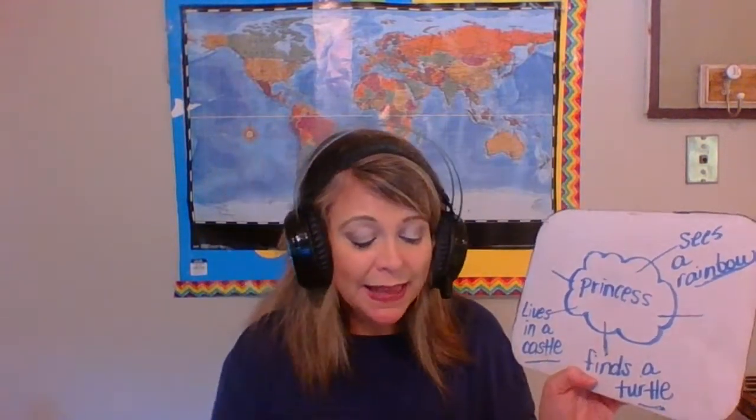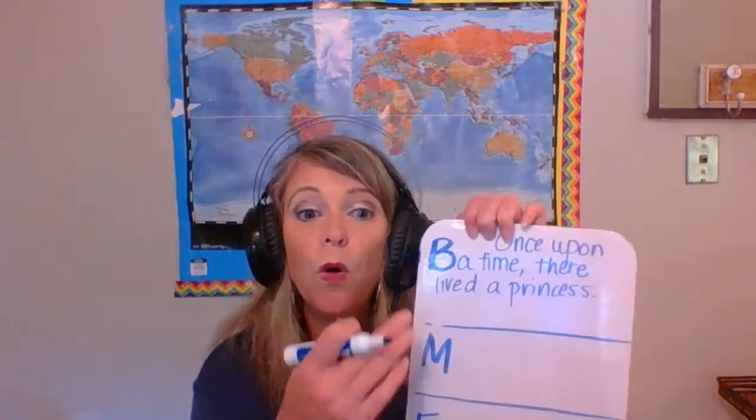All right, so in the beginning of the story, I want to introduce you to my character. So I'm going to start my story out with the words, once upon a time, there lived a princess. Her name was whatever, okay? Bella. Bella liked to go outside. She loved animals. I would continue to write that in my beginning. I get to my middle part of the story and I write,